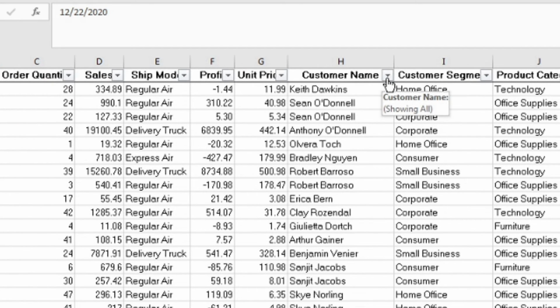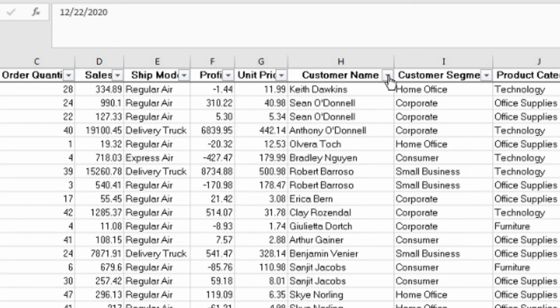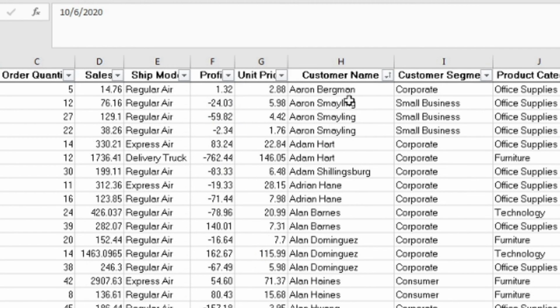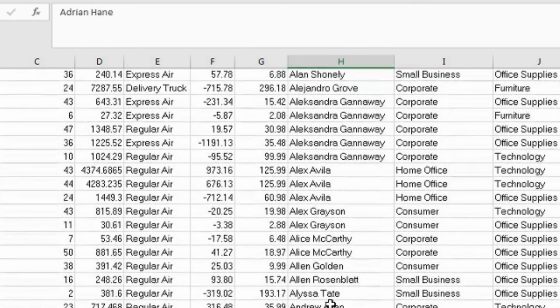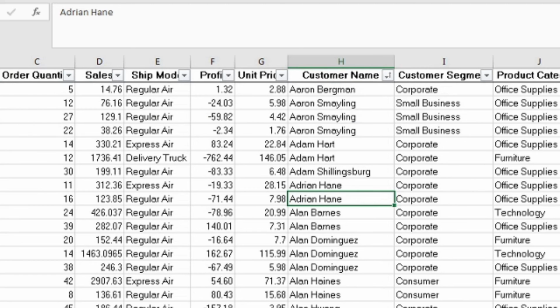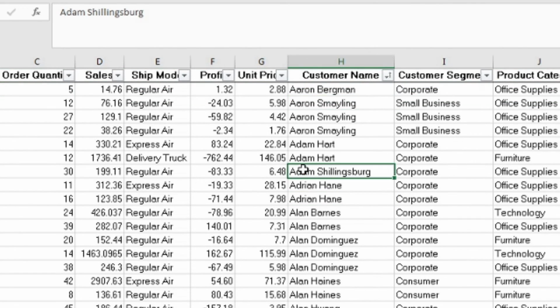I will arrange it by use of sort. Because these are text, I can sort this data A to Z or Z to A. You can see all the names are arranged A to Z, starting with A. All these rows have gone up and down, so the data is not disturbed.